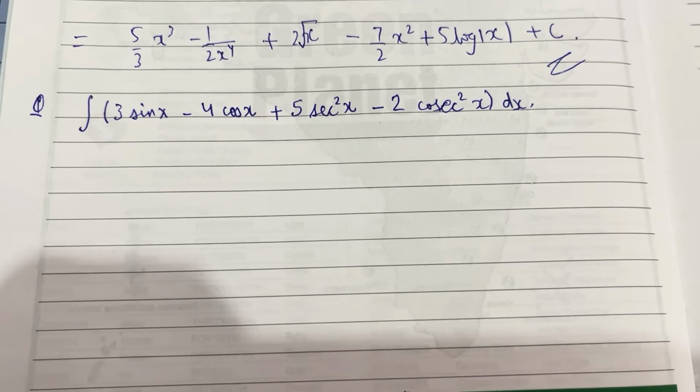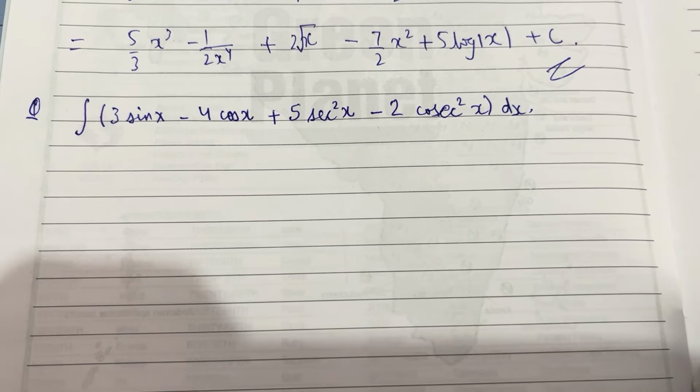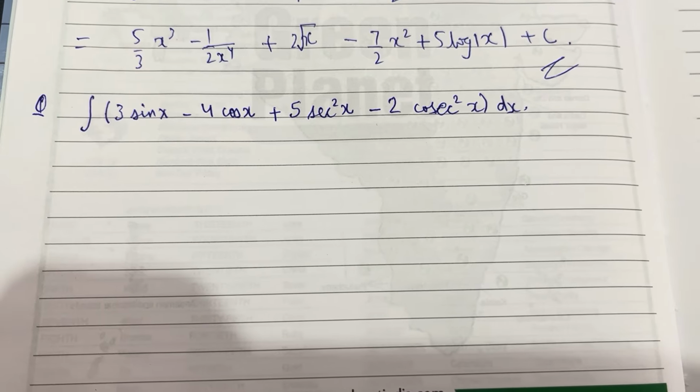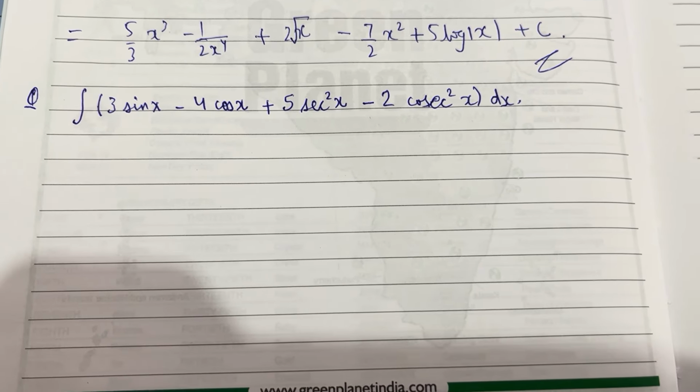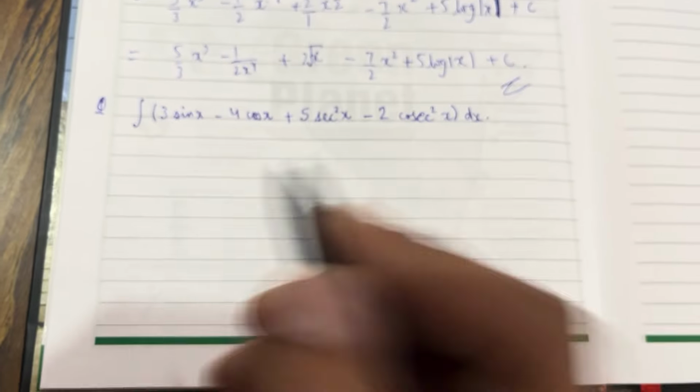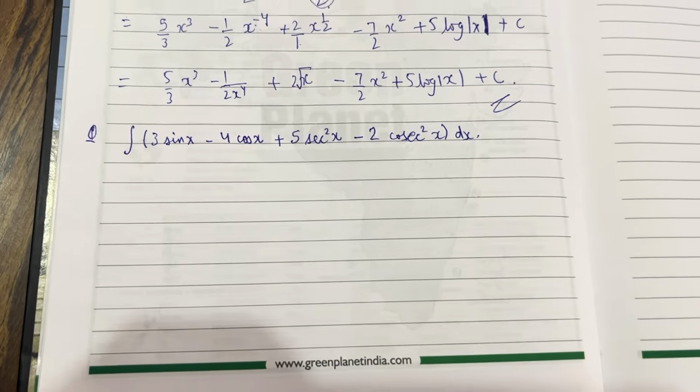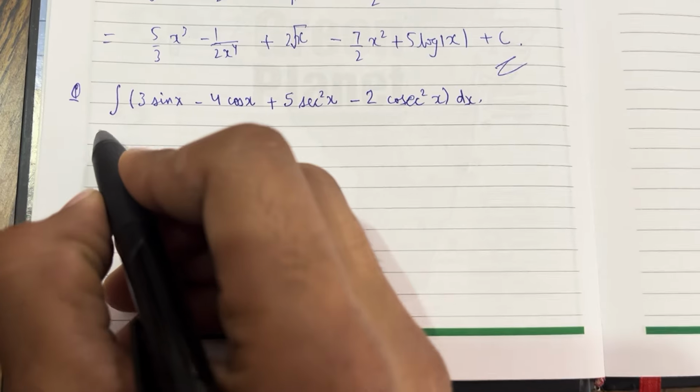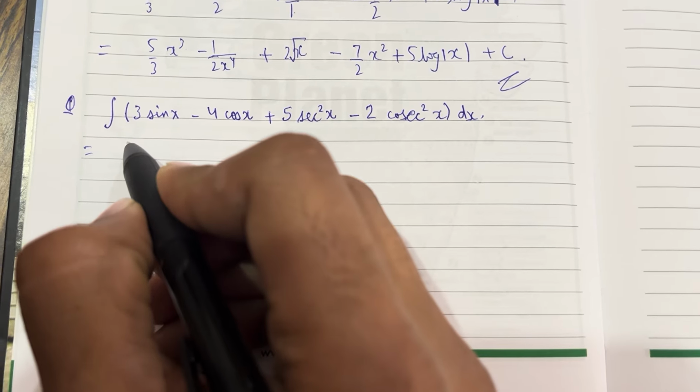Guys, how to solve this integral? Integral of 3 sin x minus 4 cos x plus 5 secant² x minus 2 cosecant² x. Okay, so first of all, we will do it like this. Okay, it is equal to